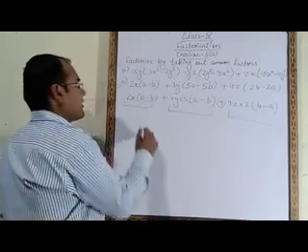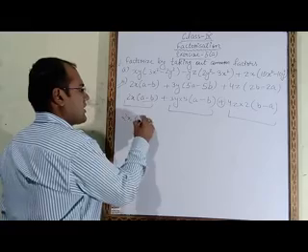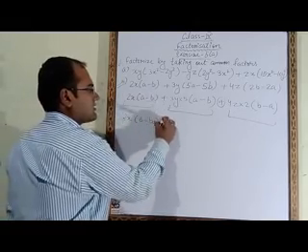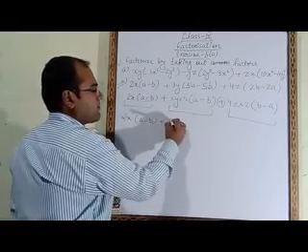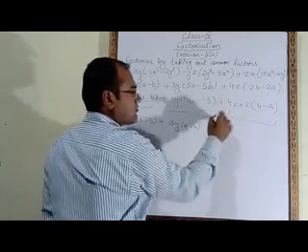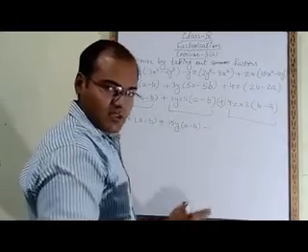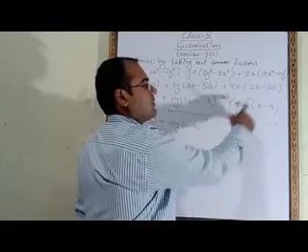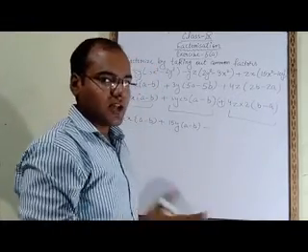So what you have to do? 2x(a minus b) plus 3 multiplied by 5, we will write 15y(a minus b). This plus we have to change into minus. Why are we changing this plus into minus? Because inside also we will change the sign.